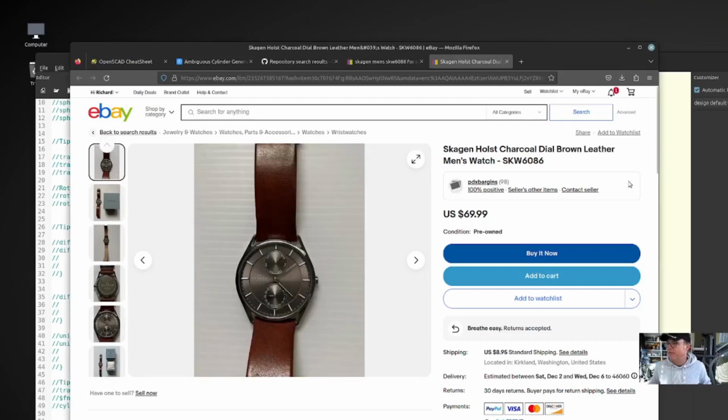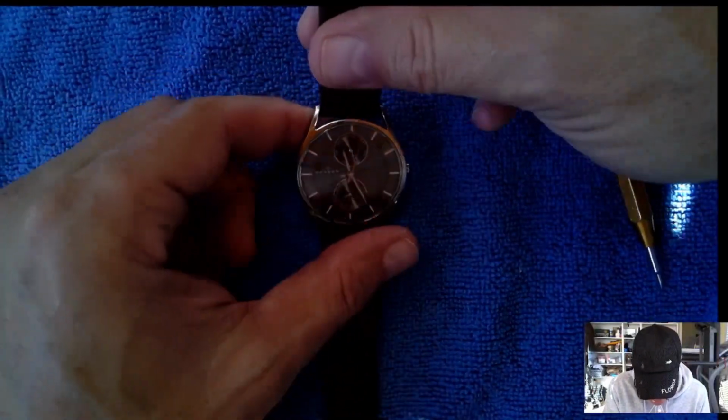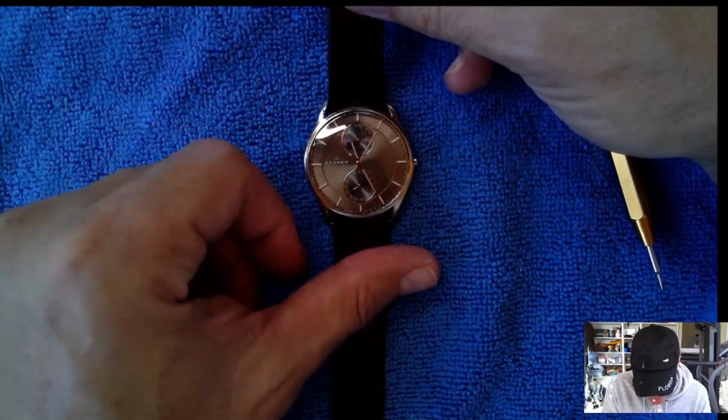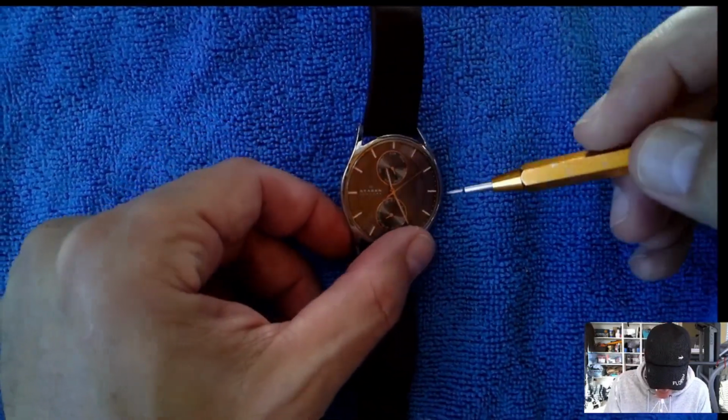So there you have it. Probably about $70, depending on condition. Let me flip my camera back. Depending on condition, but yeah, like I said, beautiful accents on it, right? I really like this leather band. I think I'm just going to wear this since that crystal is so